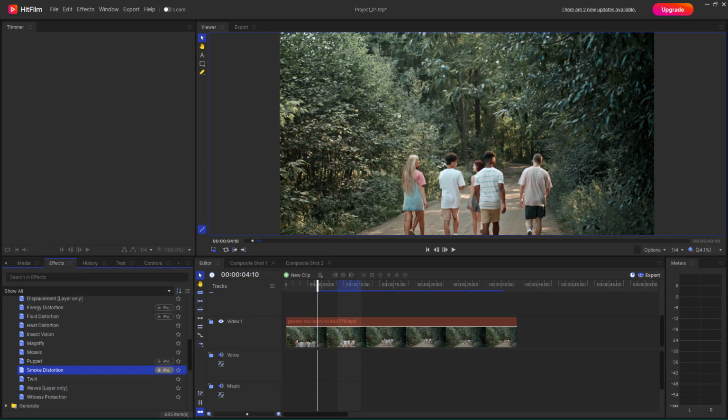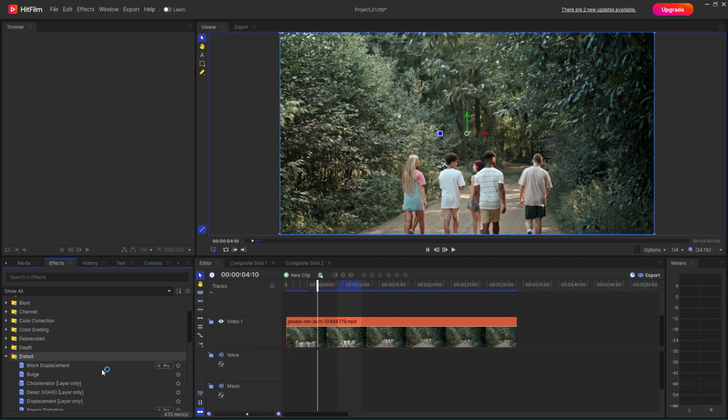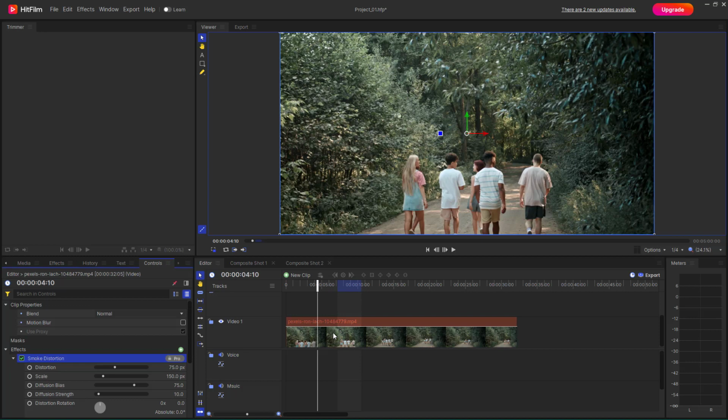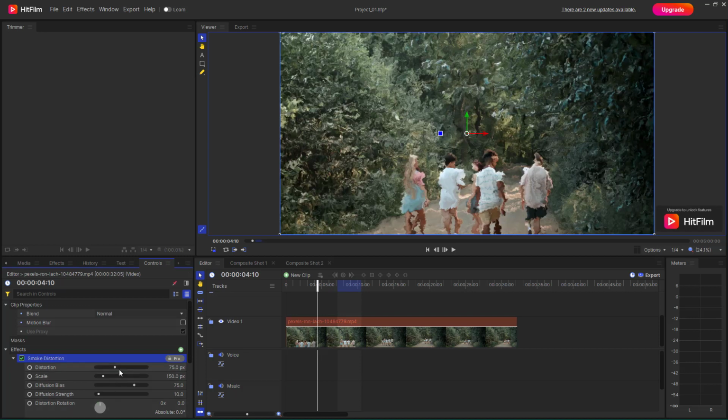So now let's see how we can work around with smoke distortion and twirl effect. Over here you can see that I have this particular clip, and if I were to go under distort right here, then you can see the smoke distortion effect right here. If I were to click and drag it over here on my particular clip, then you can